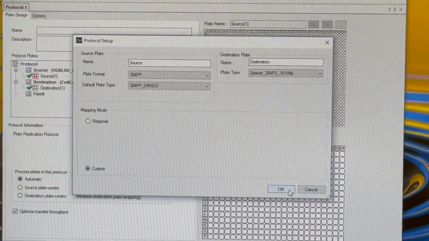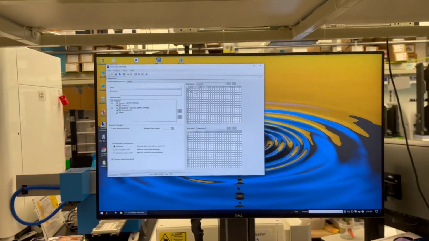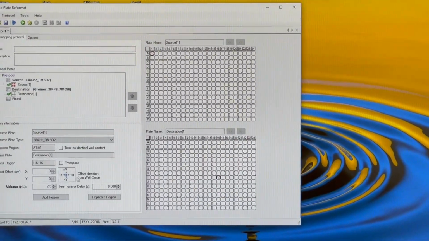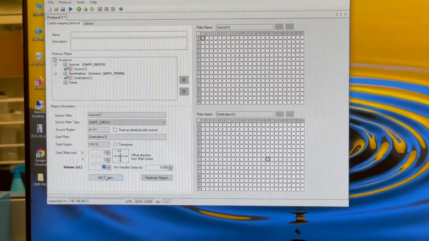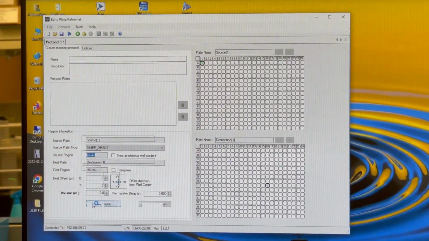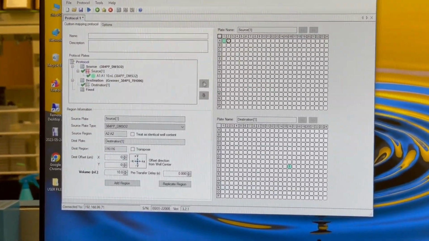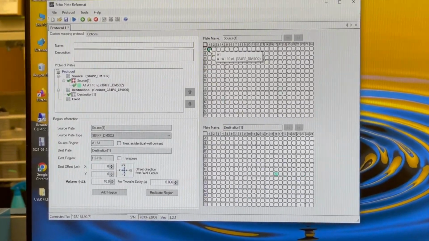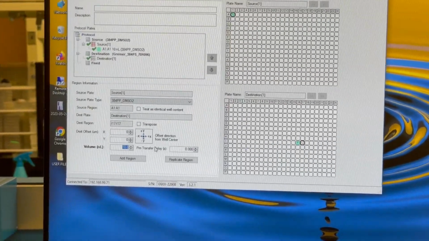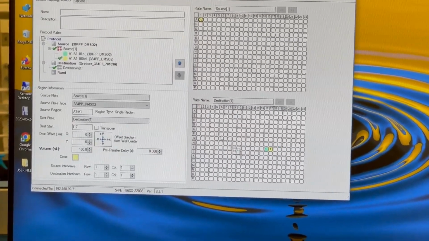I'm just going to demo that very quickly, but it opens this window where you can say, I want this compound to go there. You can go anywhere, and you can say how many nanoliters you want. So say I wanted 10 nanoliters of that to go there, and then you say add region, and you can build a protocol like that. Or maybe I want a replicate at a different volume, so the same one to go next to it, and instead of 10 nanoliters, now I want 100 nanoliters, add region, and you can build whatever sequence you want.